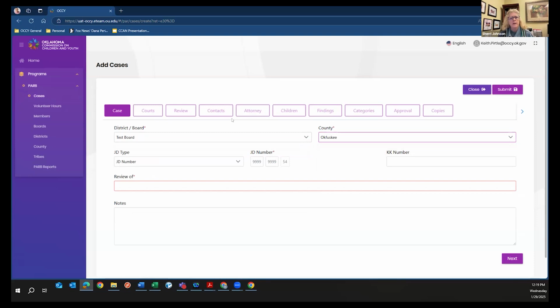While you're doing that, I got on mine new and the only tab it had was cases. There was nothing under that. So are we supposed to put in the hours that we volunteer somewhere? Yeah, I think you just updated that yesterday or the day before. It used to be just the chairs could do that. But really, only one person for your board should be doing that, either the chair or the secretary.